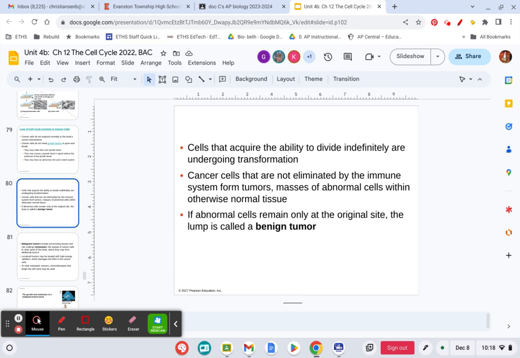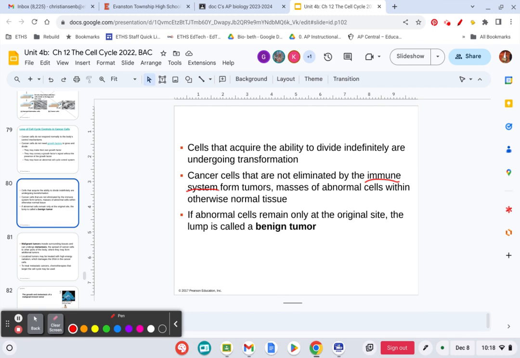I think it is important to notice that there are immune system cells whose job it is to look for these cancerous cells, to look for these cells that are not right, and to cause them to be destroyed. And unfortunately not all of them are found by the immune system, and that's when you start to get a mass of cells. When that mass of cells keeps growing and growing and growing, they will start to press upon normal, healthy tissue. And that's when it becomes an issue.